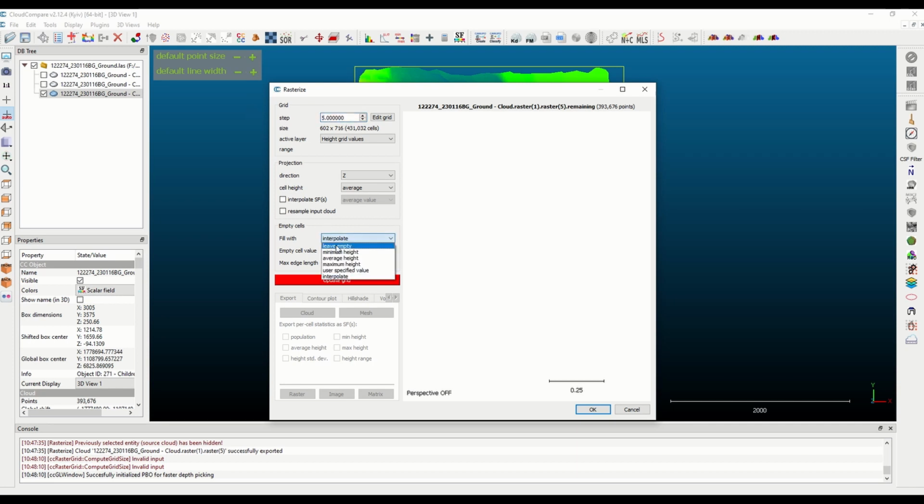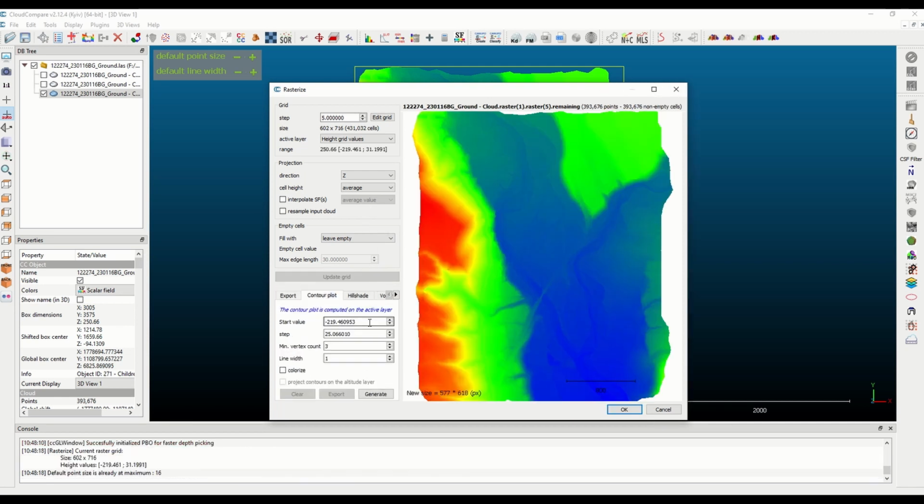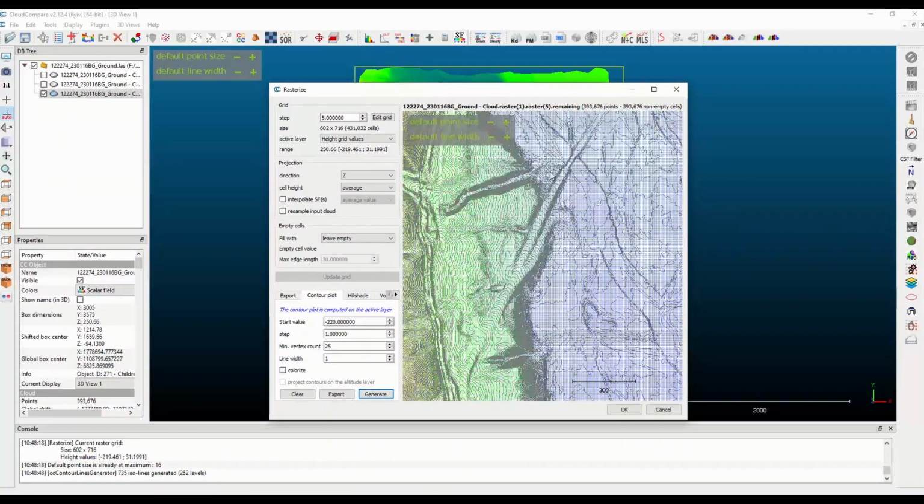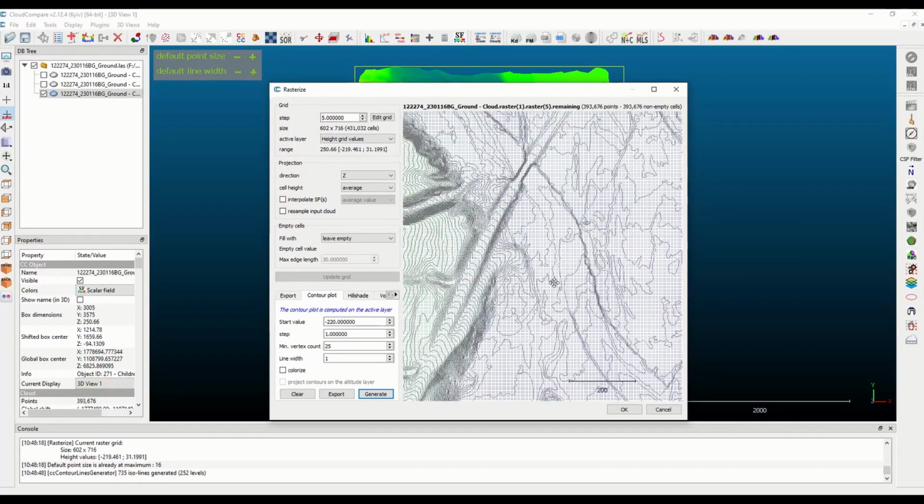Go ahead and leave that the same, leave it empty this time, no interpolation, update, and we can just check to see how our contours look. This builds really nice looking smooth contours, and basically you just do 220, one every 1 foot, just to see what it looks like. You can take a maximum roughage value. I like to use a 50 count, but 25 on a 5 foot data set is also pretty good. So generate, and now you can see our contours do a really good job on this data set